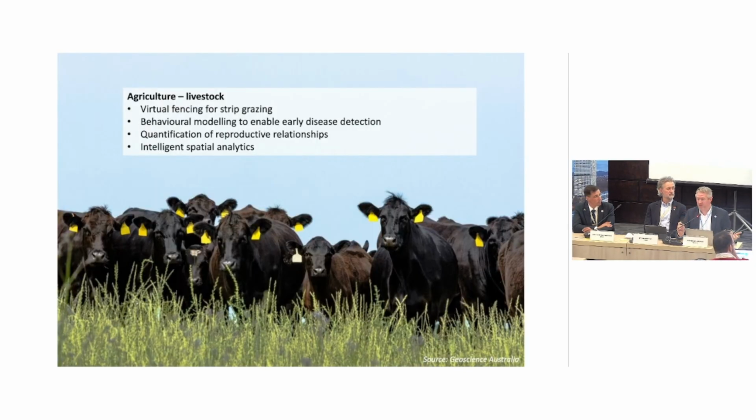Livestock. This was one of the biggest ones. The senator from the part of Queensland in Australia who was one of our biggest supporters, this is what he cared about. So you've got to find out, what does your minister care about? He is from a rural agricultural community. They're interested in mining, they're interested in agriculture. And by having GPS tags on the cattle, they could understand whether the cattle were healthy or not. Very simple, but it was something that he could understand and knew was going to be of benefit to his community. So you don't know what these applications are, but you need to go and find out what those politicians are interested in. How can I message this in a way that they can understand it and see benefit?